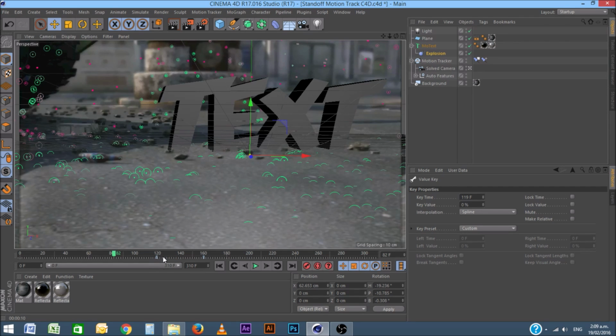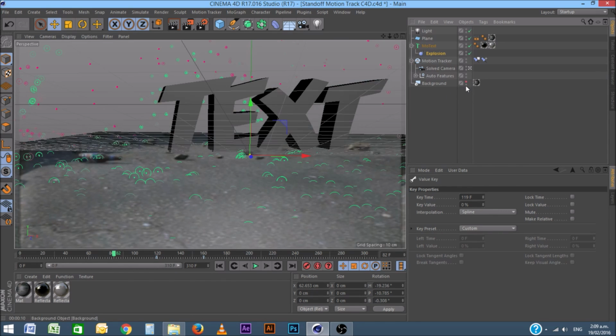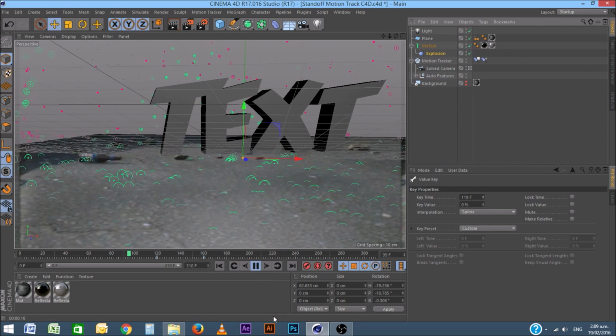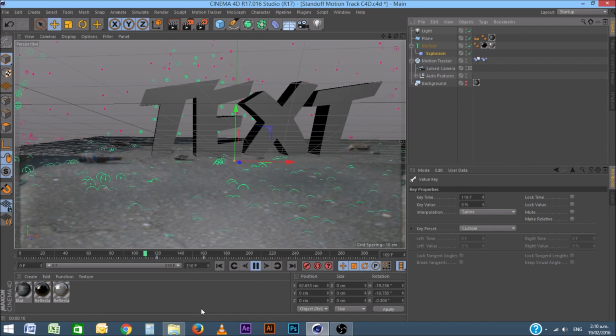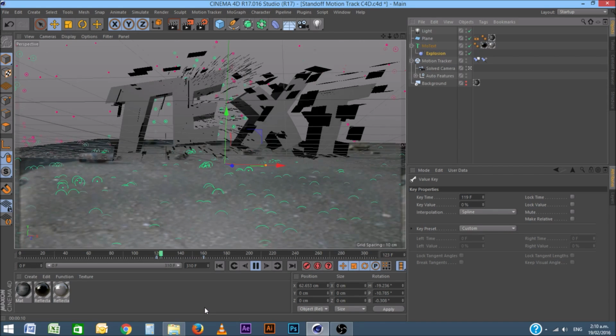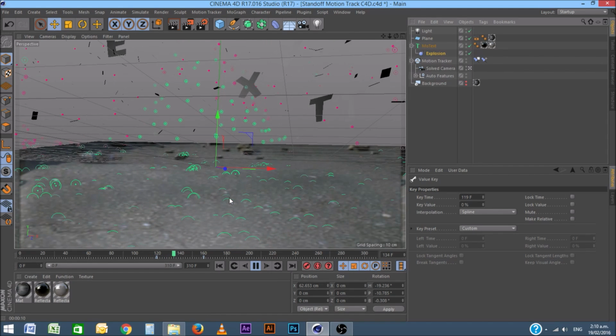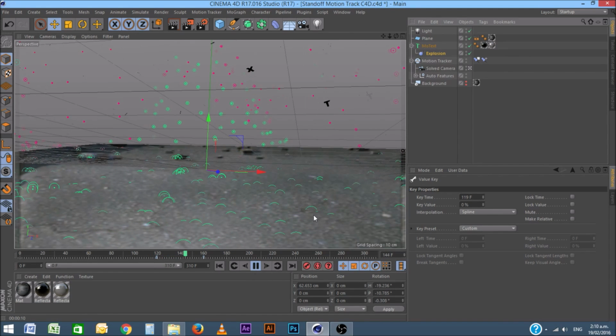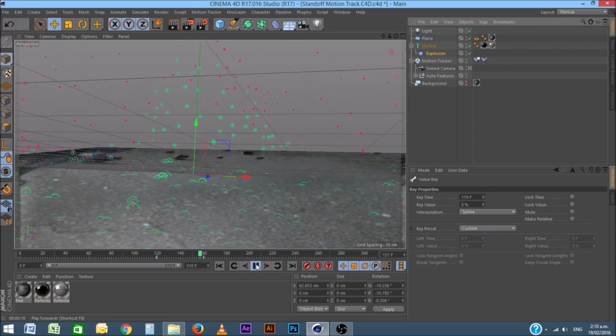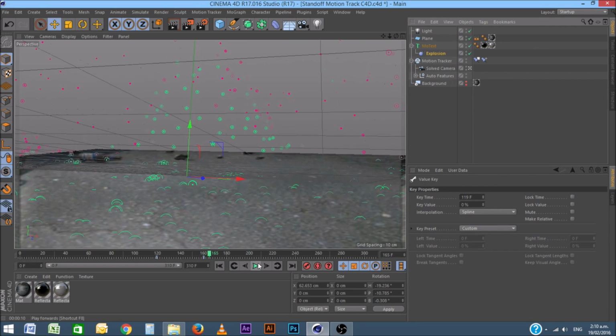So that'll give us about from frame 120 to 160. That's when the explosion dynamics will start kicking in. So there we go. Still solid, and once it hits 120 it'll start exploding quite fast, and then by 160 it's disappeared. So you can play around with the settings and adjust it however you want, whatever will fit your